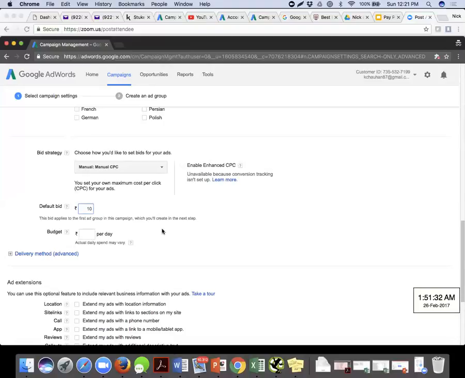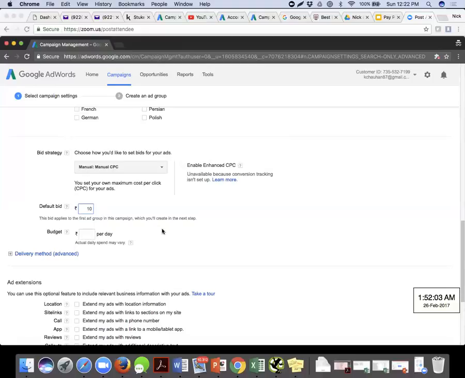Initially the only way your ad will be on top is going to be bid, because initially your quality score will not be there. As we know, the ad rank is calculated on the basis of bid and the quality score, these two things. Initially, your quality score is not there because your ad has not run, CTR has not been calculated, and landing page relevancy and ad relevancy are also looked at by Google when your ad runs. So the quality score is not taken into consideration, only bid is.